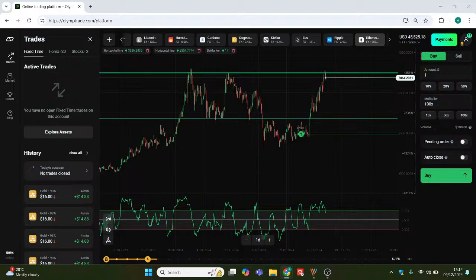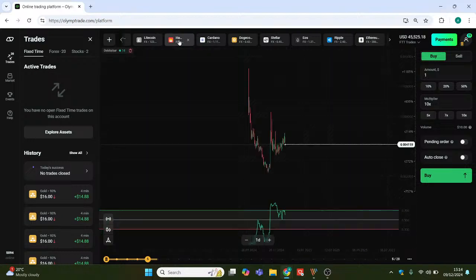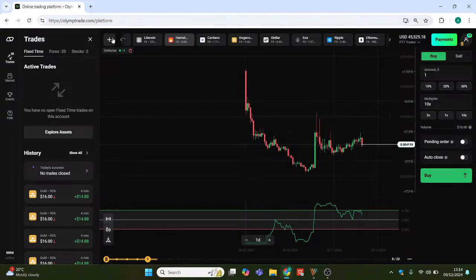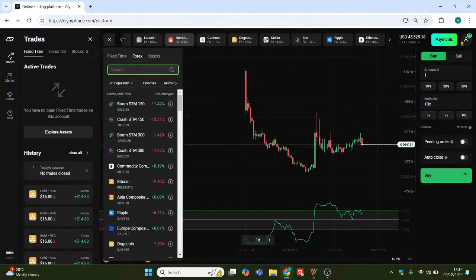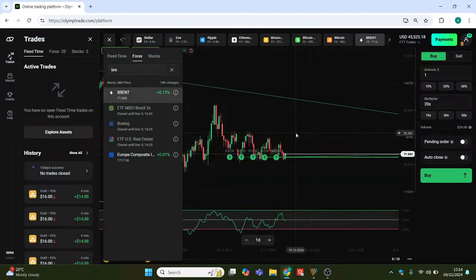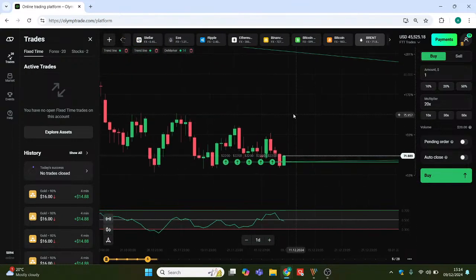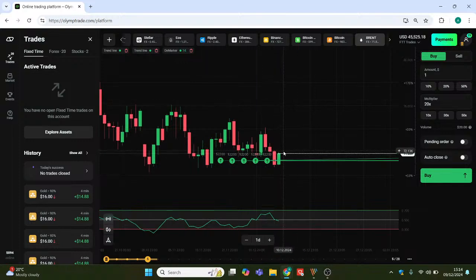Can you please tell us the basic calculation of stop loss, take profit? All right, I have this question about Forex. With Forex, the very basic principle when you trade, let me open some exchange traded assets. So, for example, Brent, right? Currently we are trading around 72. A very basic principle in Forex is this: you want your stop loss to be 3 times smaller than your take profit.